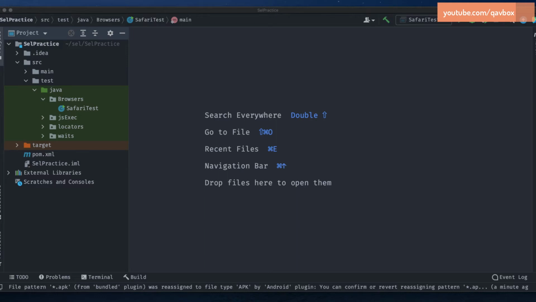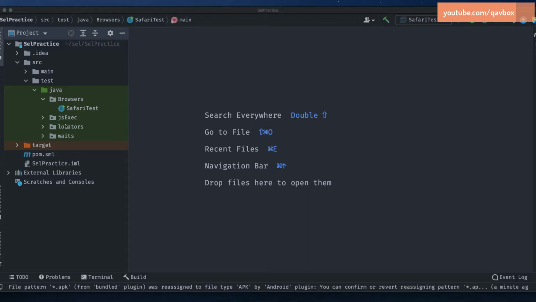Welcome back. So in our Selenium with Java series, today we are going to see how we can run our Selenium test cases in Firefox browser. So far we have seen how we can execute the Selenium tests in Chrome browser. Then we have seen how we can execute in Safari browser, and what minimum settings or configurations are required for the browser. We have already seen. Now we will see another browser, that is Firefox.